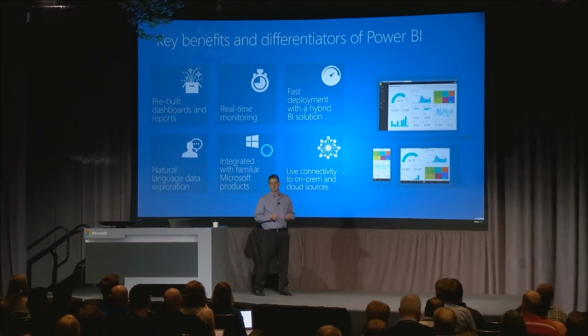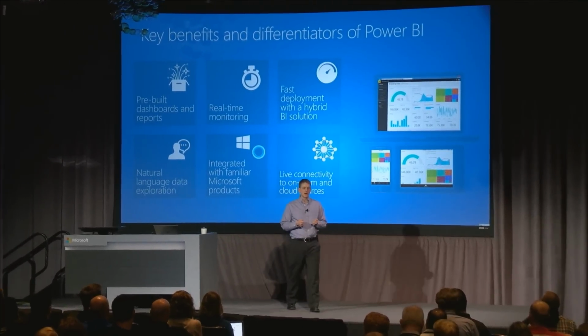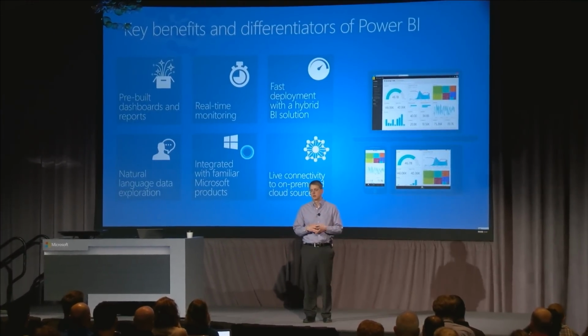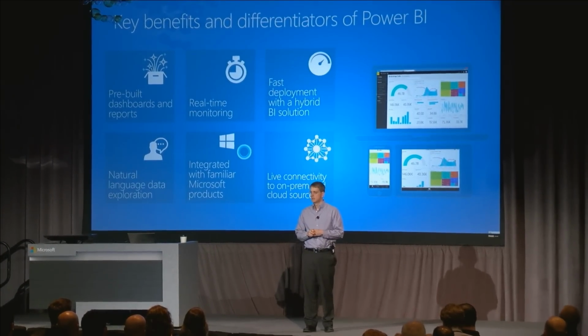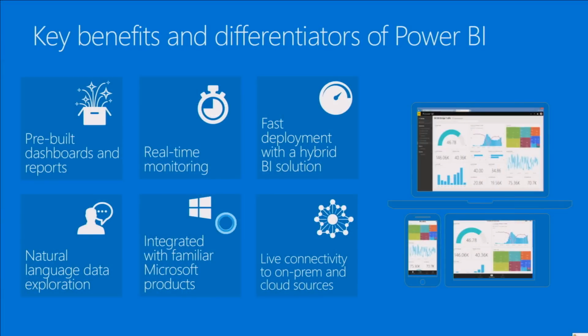So let's go ahead and get started here, and we'll take a look at these different attributes. So we talk about the differentiators of Power BI. We talk about out-of-the-box content packs, so I can connect to a SaaS service, whether it's QuickBooks or Salesforce. The interesting thing about that scenario is it's not just a connection to data, but it's actually a schema. So when we did the QuickBooks connector, we hired accountants for several months to do nothing but build the schema